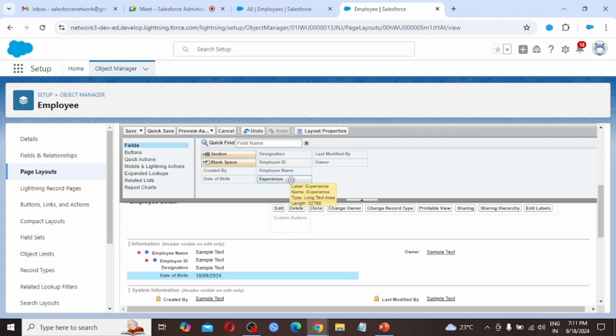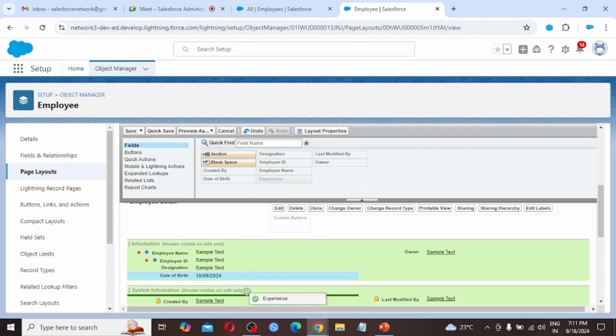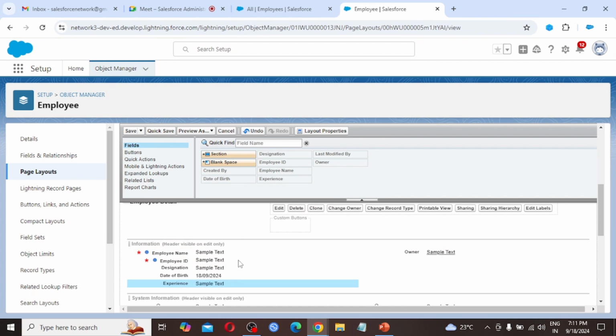Simply you have to drag and drop, and experience. Again clicking on quick save.